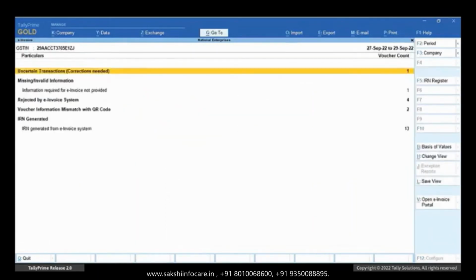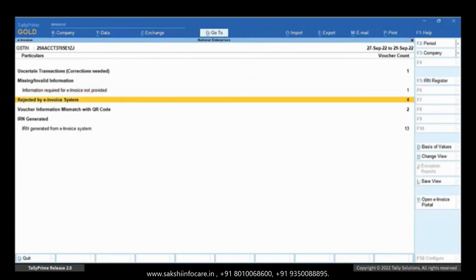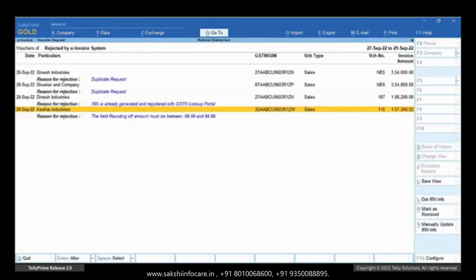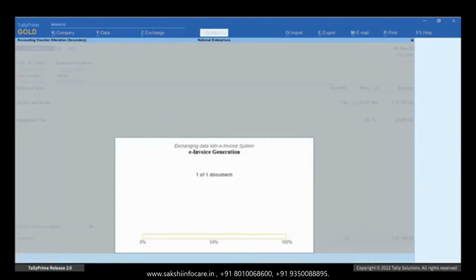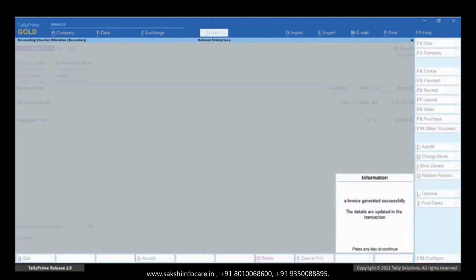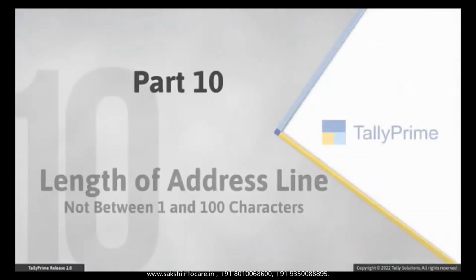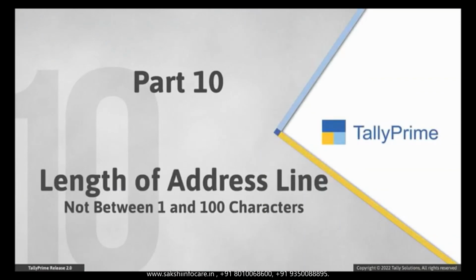Open e-Invoice report and drill down to the rejected by e-Invoice system. Drill down to the transaction with the error. Press Ctrl A to re-accept transaction and press Y to generate e-Invoice. The e-Invoice gets generated. Now, it may happen that the length of an address line is not between 1 and